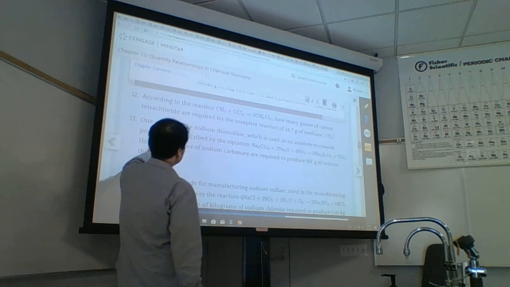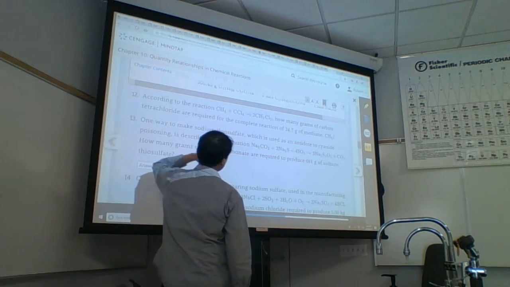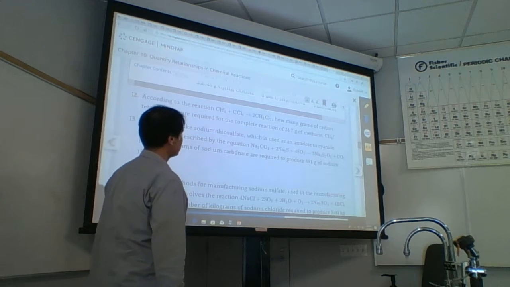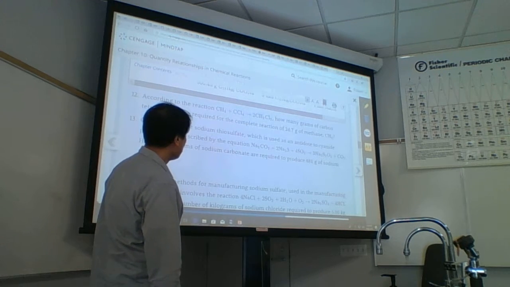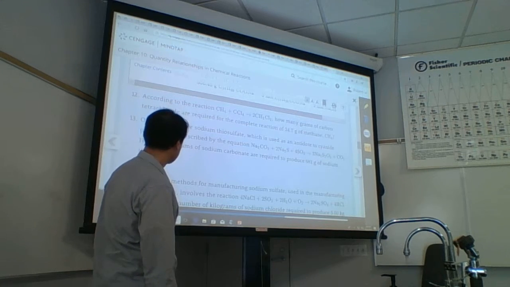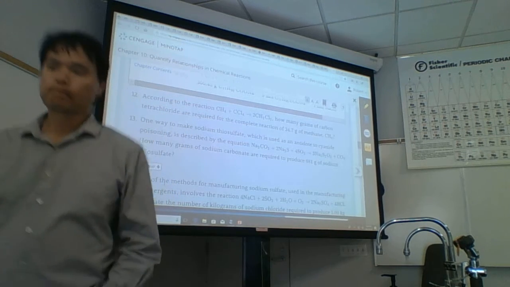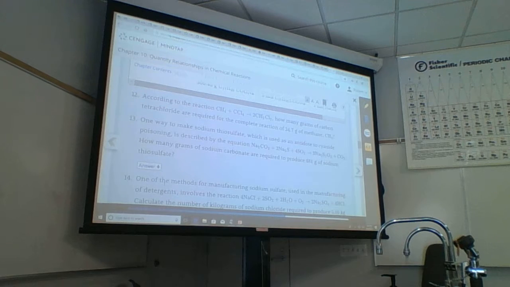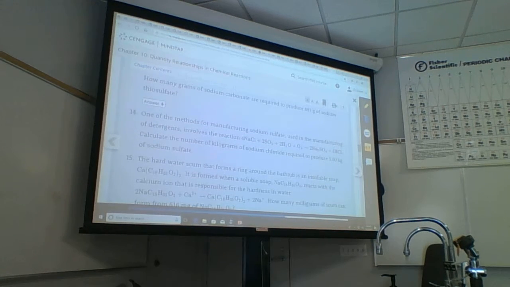But anyways, sodium thiosulfate is used as an antidote for cyanide poisoning. Wow. So what would be interesting is how it works. That would be interesting. One of the methods for manufacturing sodium sulfate used in the manufacture of detergents involves this